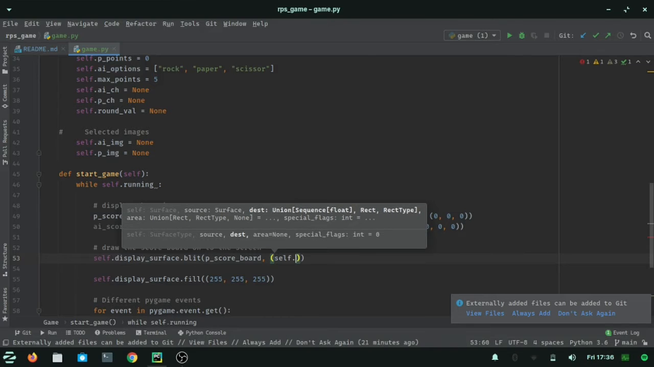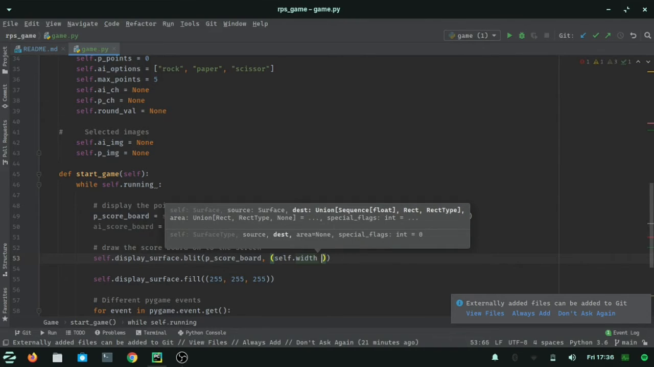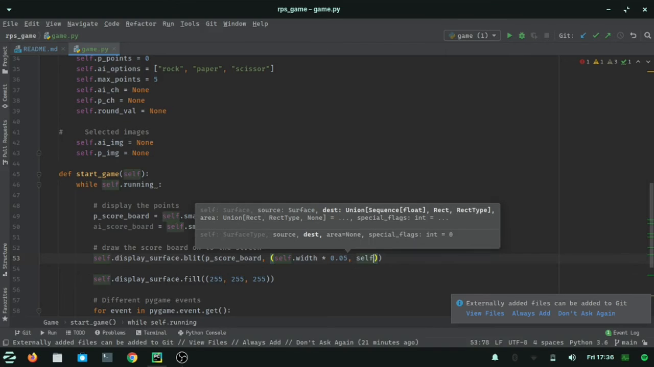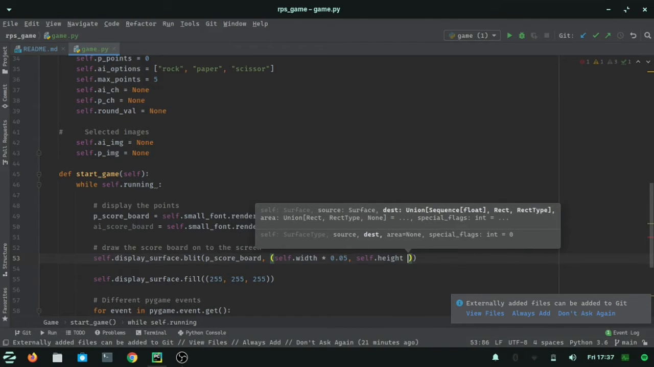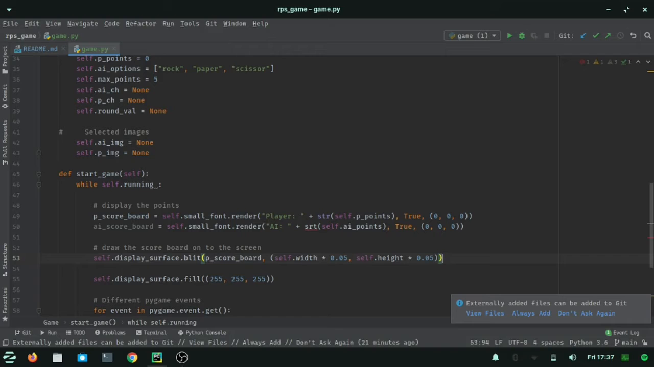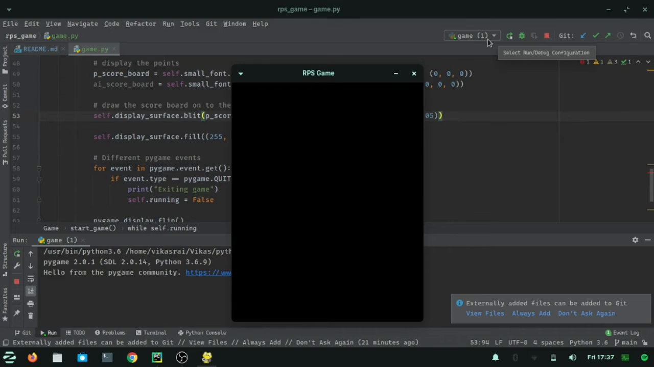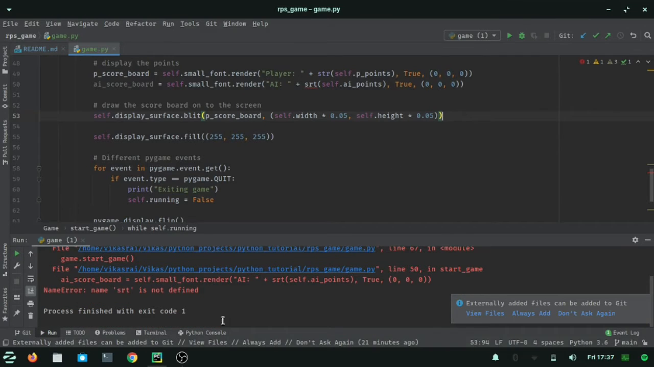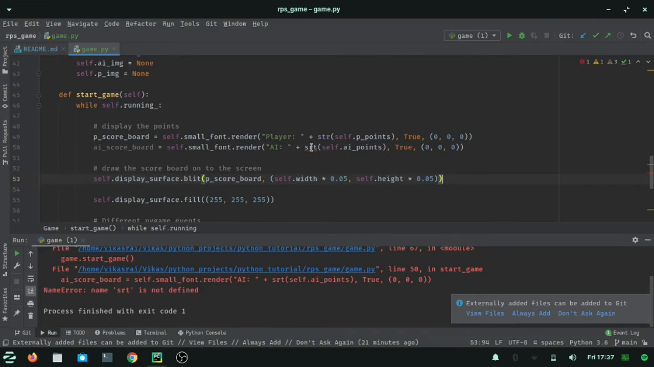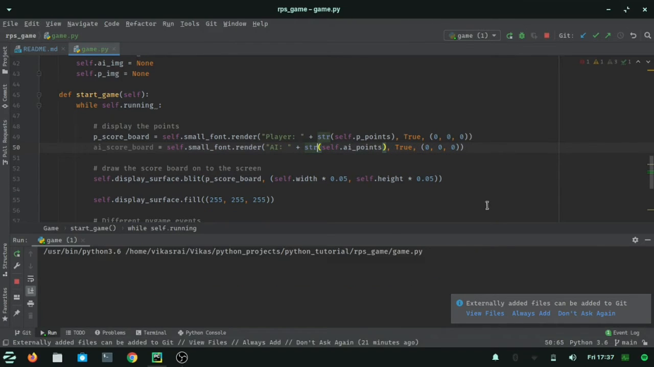So I want to position this starting from 0.05 of the width, and the height I want to be about 0.05. Okay, so now if I just run the program, okay, there is some error. So STR is not defined, so over here it has to be STR. Yeah, cool. So now if I just try to run the game,